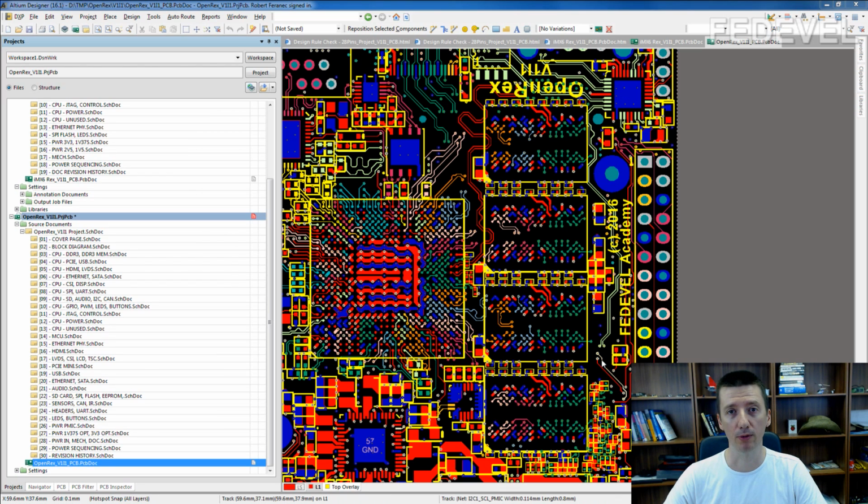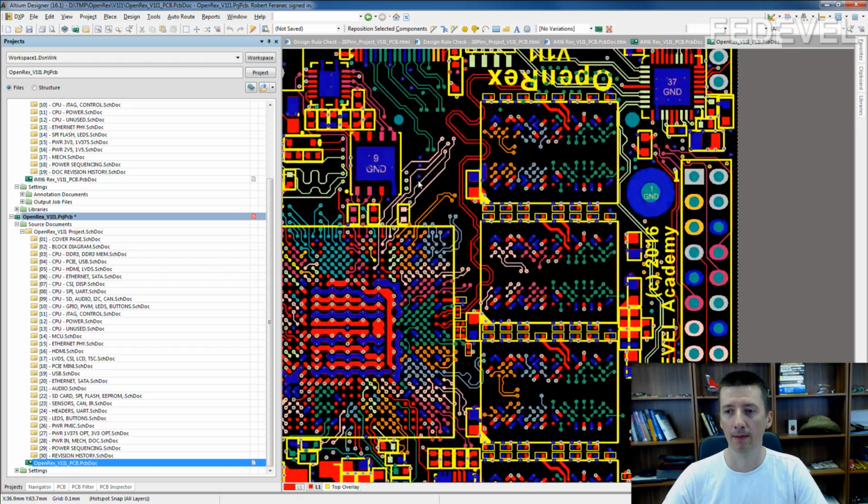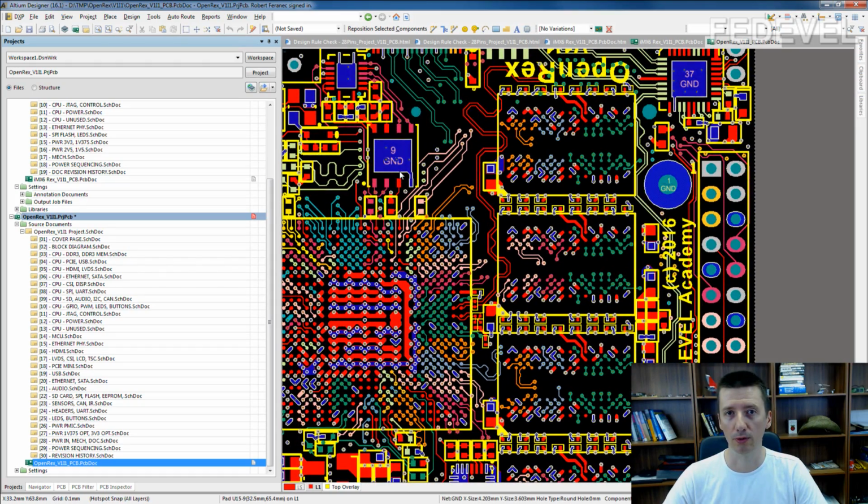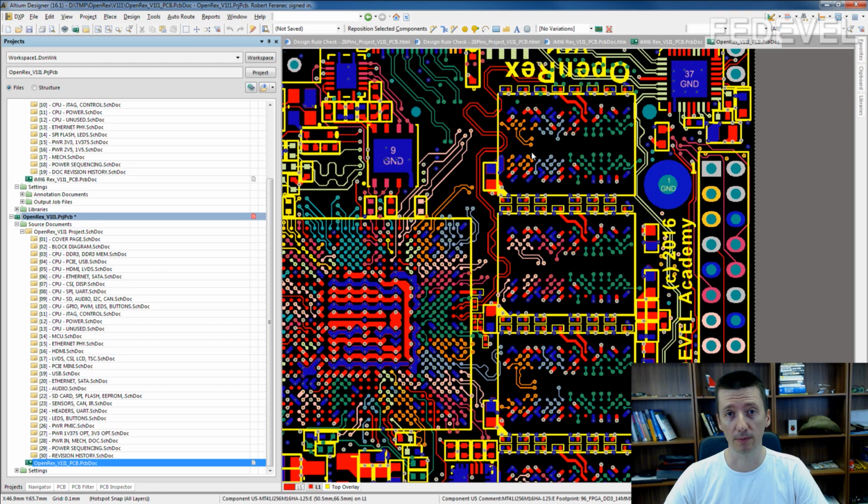If you are, for example, doing a fly-by topology memory layout, which is here, the length matching rules will tell you that all the signals in the address command control group, so the signals like address 0, address 1, address 2, 3, and some other signals, which are routed between the processor and the first memory chip,